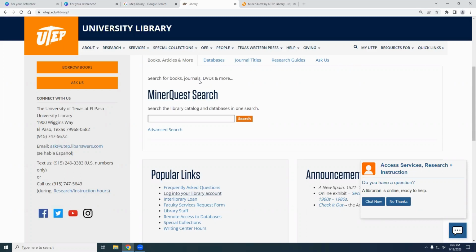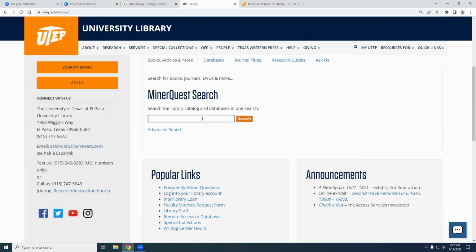As I was introduced before, my name is Maya, and I'm going to go ahead and do a quick little MinerQuest search. I do want to mention before I get too far into it that while MinerQuest does search many of our databases, we have over 500 databases, and not all of them are perfectly linked to MinerQuest, and that's for reasons, but basically MinerQuest helps you search most of them. So it's a great place to start. But especially as graduate students, you're going to want to start using your subject-specific databases more and more the further you get into your own research. But like I said, this is a great starting place.